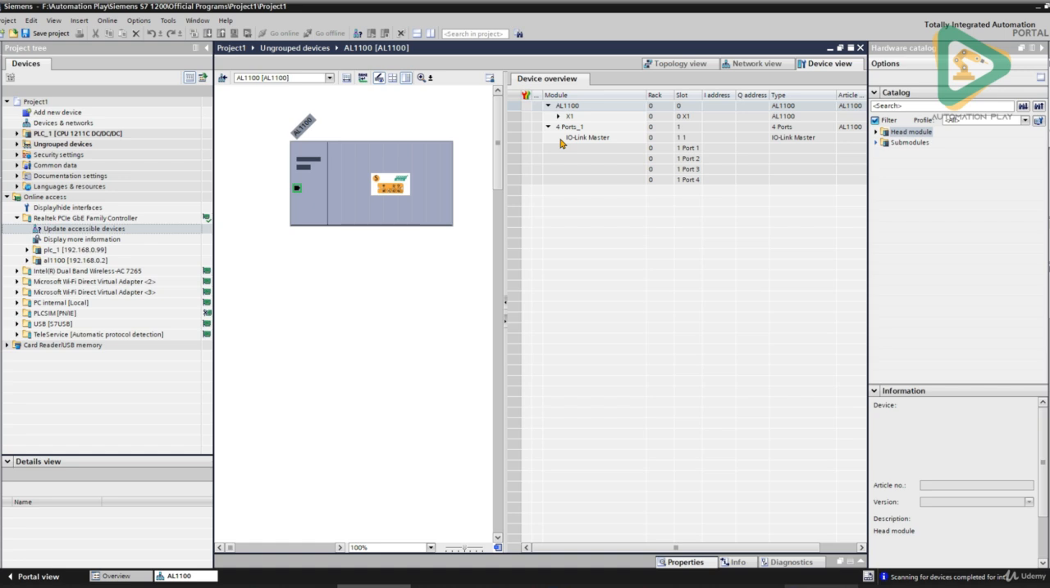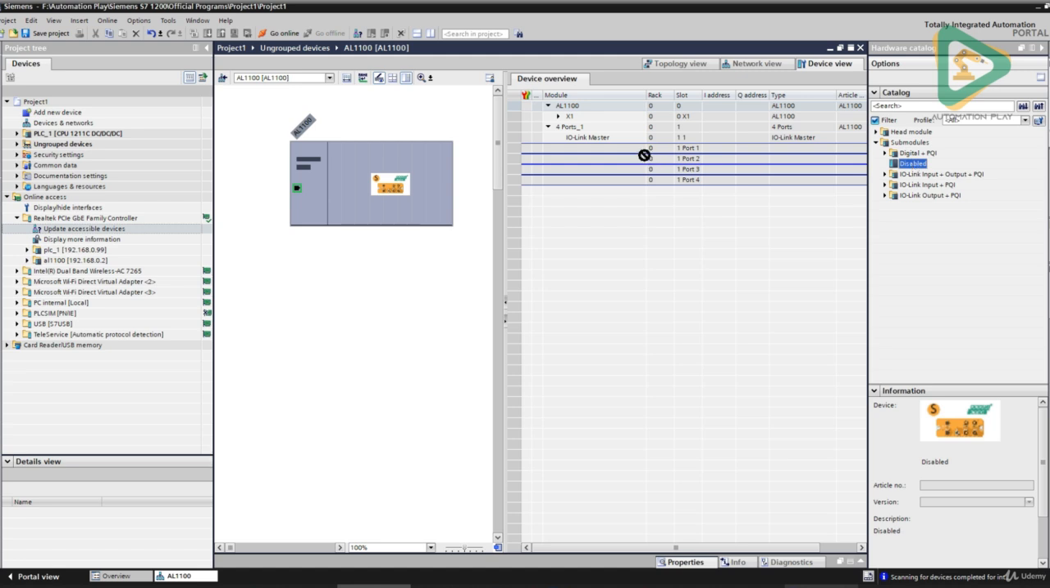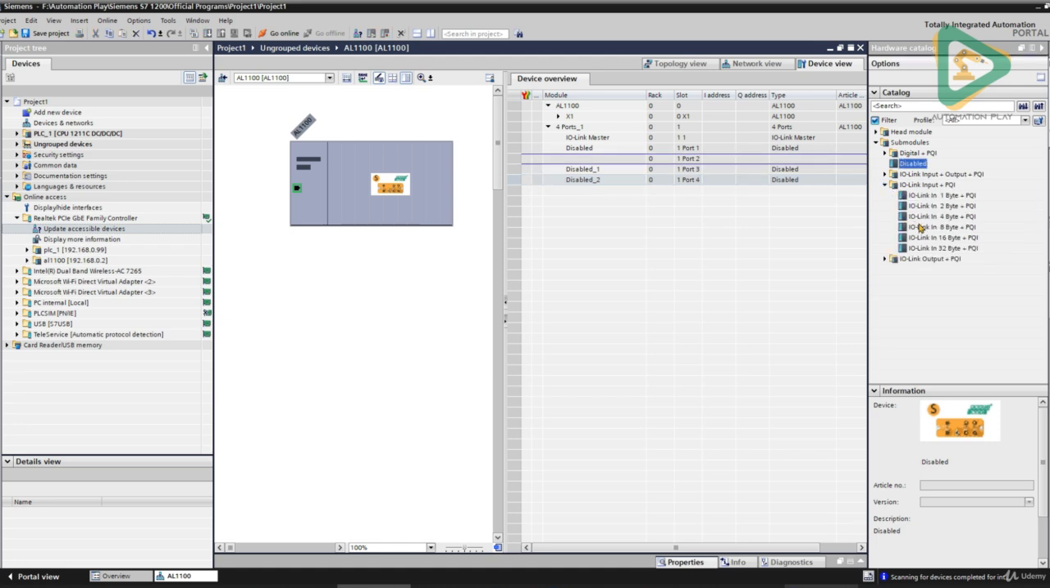Now this is my IO-Link configuration. I'll go to submodule and disable the ports that I'm not using. I'm not using the first one, the third one, or the fourth one. I'm using the second port. For that I'll give it an address byte. Let me take 4 byte IO-Link input and put it like that. So it is showing addresses IW68 to IW72, and in IW68 I will be getting my integer data from the